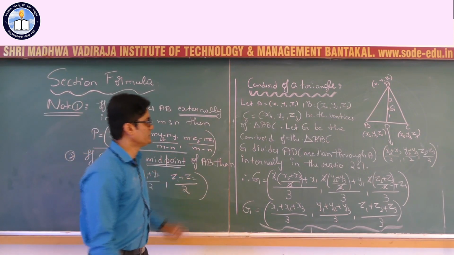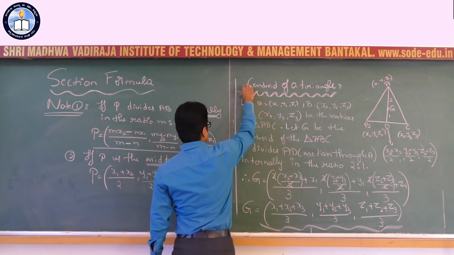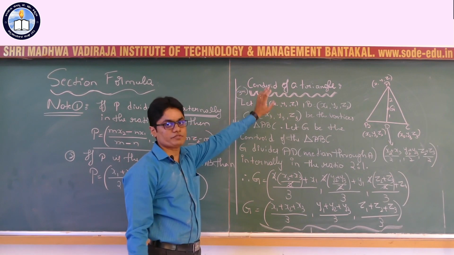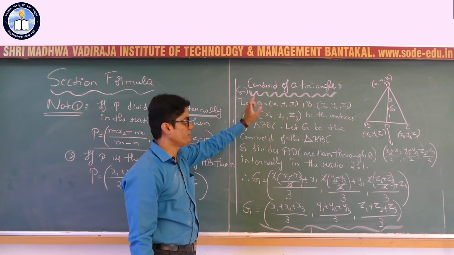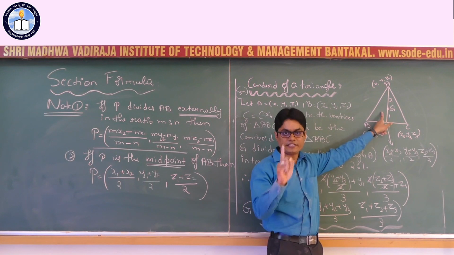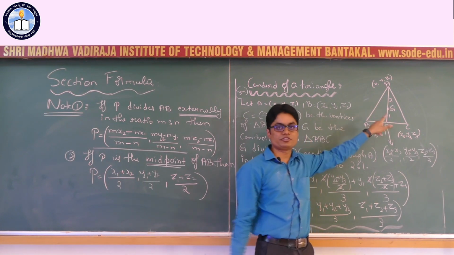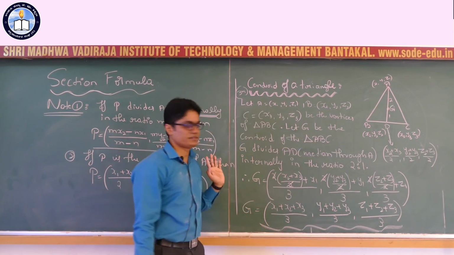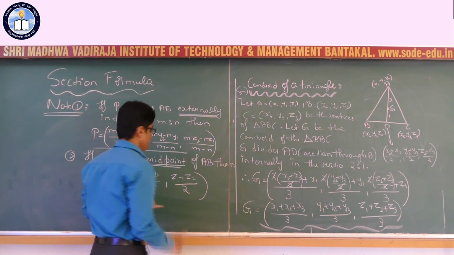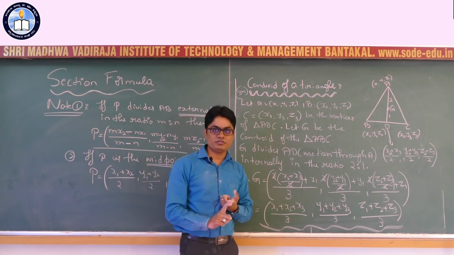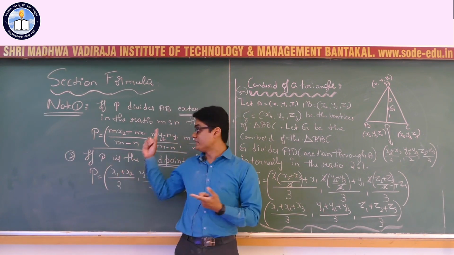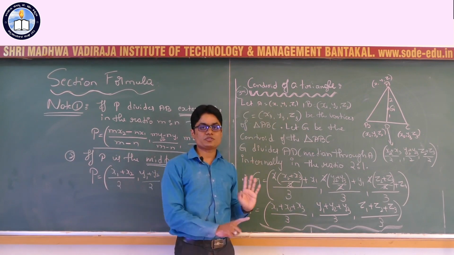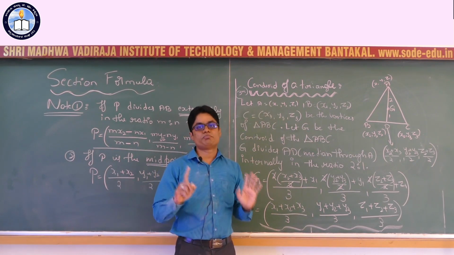So I hope you understood. This will be for 3 marks, please remember. So how do they ask in the exam? Find the coordinates of the centroid of the triangle. First you should know what you mean by centroid. Centroid is a point which divides the median in the ratio 2:1 internally. So I am using the section formula to get the answer. Understood? So we completed the section formula and its derivation with the 3 pieces of information: external division, midpoint as well as centroid of a triangle. Now the last work of this chapter is problem solving.